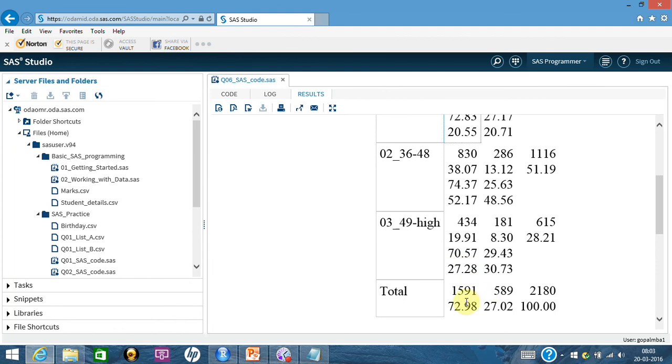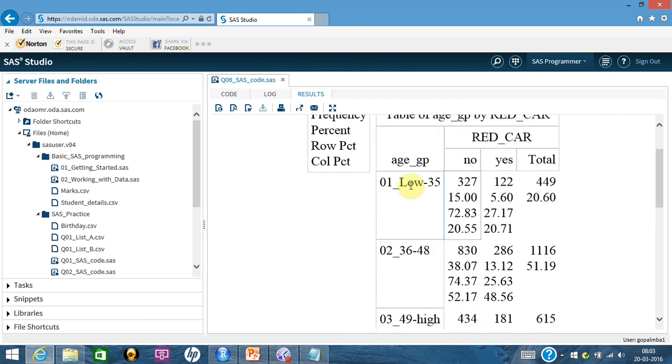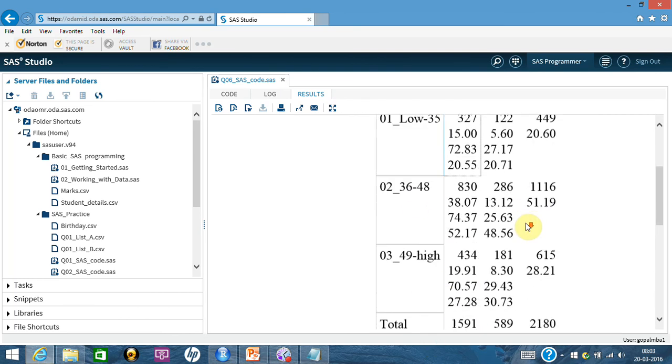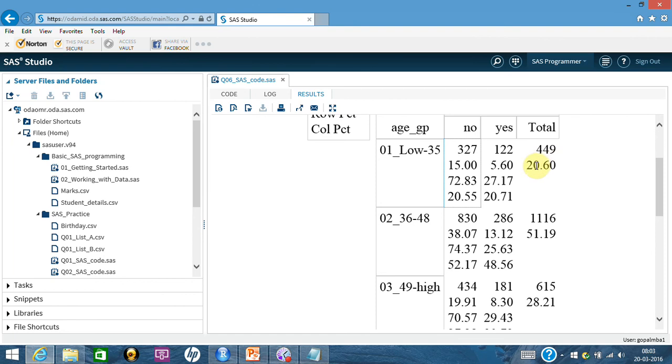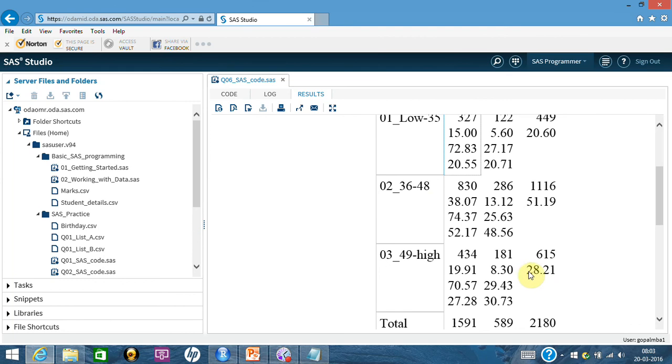And what is this telling you? Out of the total, you have 27% people who are liking the red car and 72% who are not. And if you just go by age group, in this distribution you have 20% folks who are younger than 35, 51% who are 36 to 48, and 28% who are elder than 48.